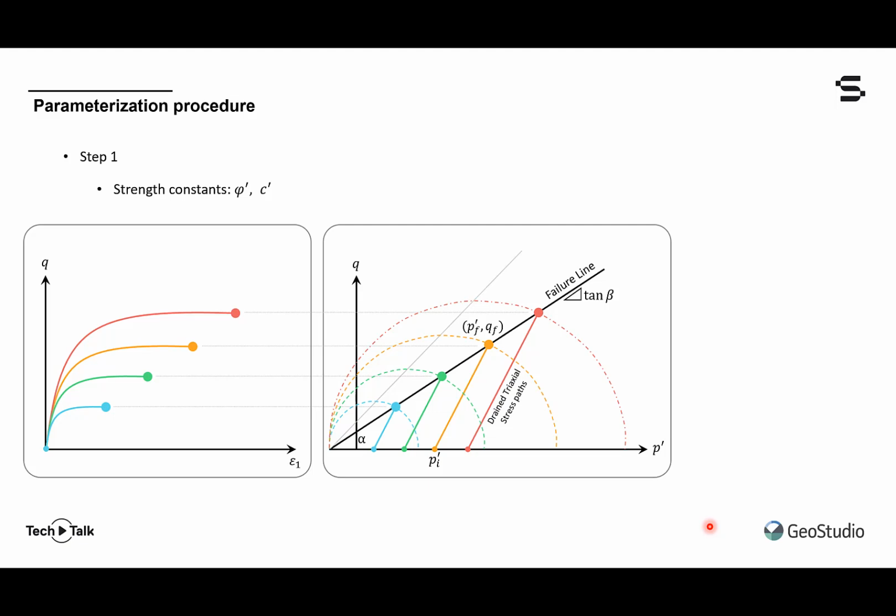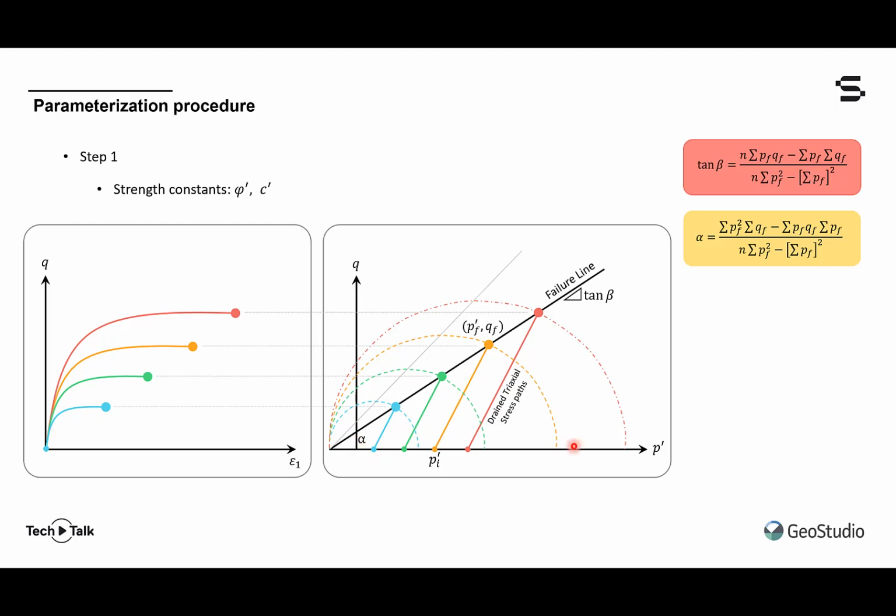The failure states from numerous triaxial tests at different confining pressures are theoretically located on the Mohr-Coulomb failure line in QP space. As such, the slope tan beta, as well as the y-intercept alpha, can be calculated using the method of least squares,